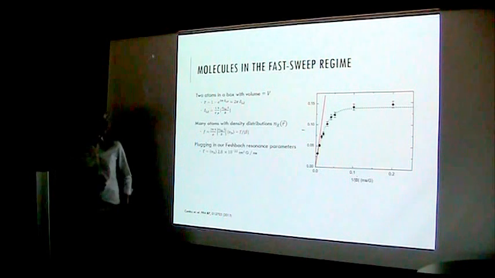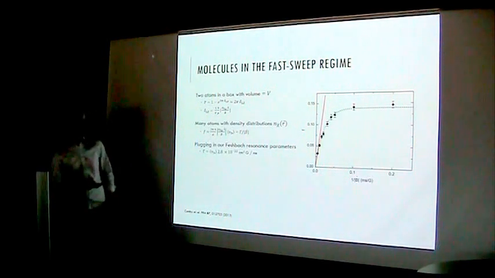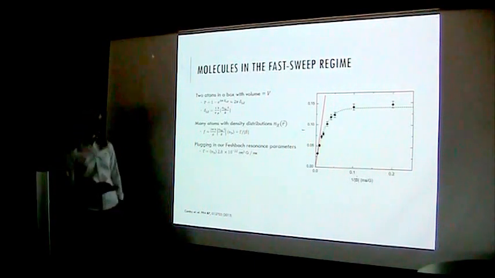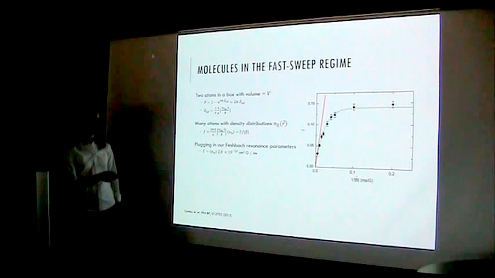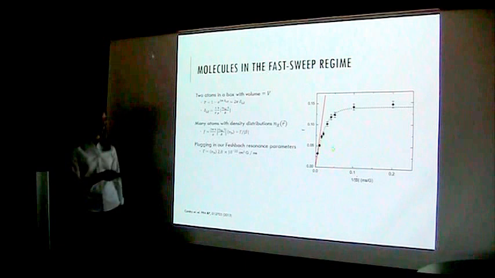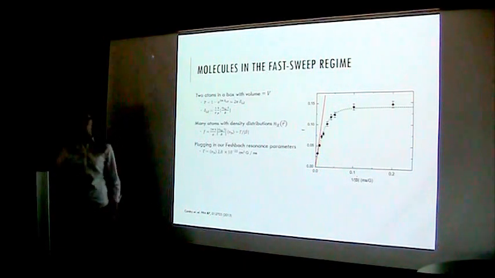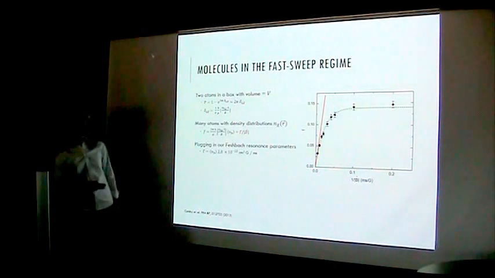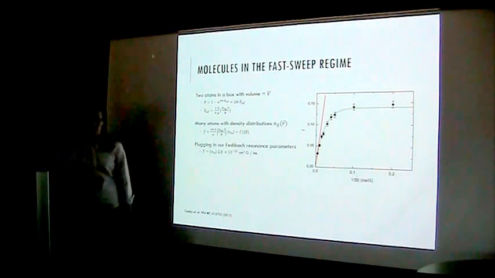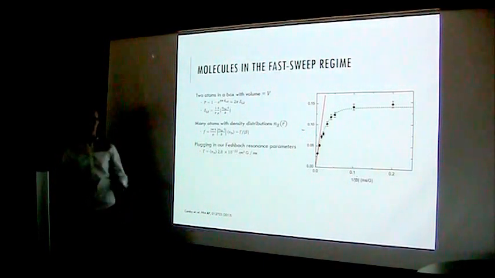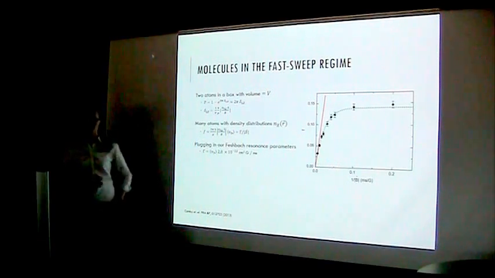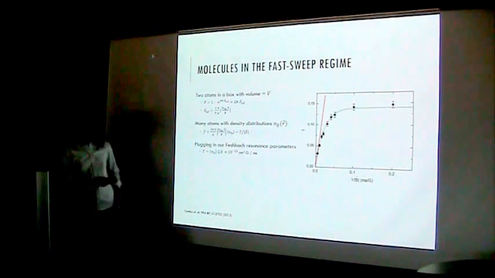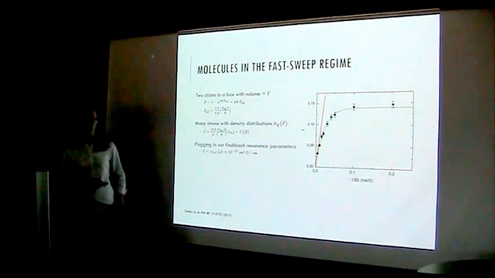So here's our molecule formation curve. And we're able to actually quantitatively describe the formation of molecules in this fast limit by kind of just drawing a line through this curve and just essentially predicting the initial slope of this line at infinitely fast sweeps. So this molecule creation rate can just be built up from a Landau-Zener approximation. Basically, you can calculate the probability of pairing two atoms in a box into a molecule, integrate this over the density distribution, and make an exact prediction using only known parameters of the Feshbach resonance, as well as the density